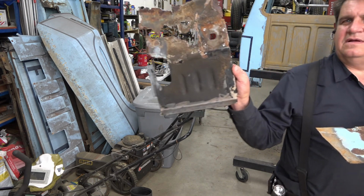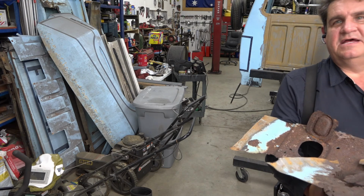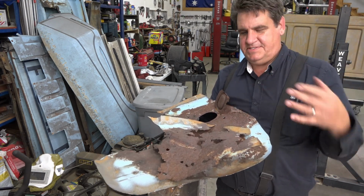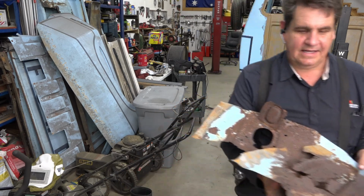And then we got our cab support that was all rotted through. Eventually what happens with those is they finally rot through to the point where they won't support the cab anymore, and then the cab collapses, and it just looks terrible. So anywho,